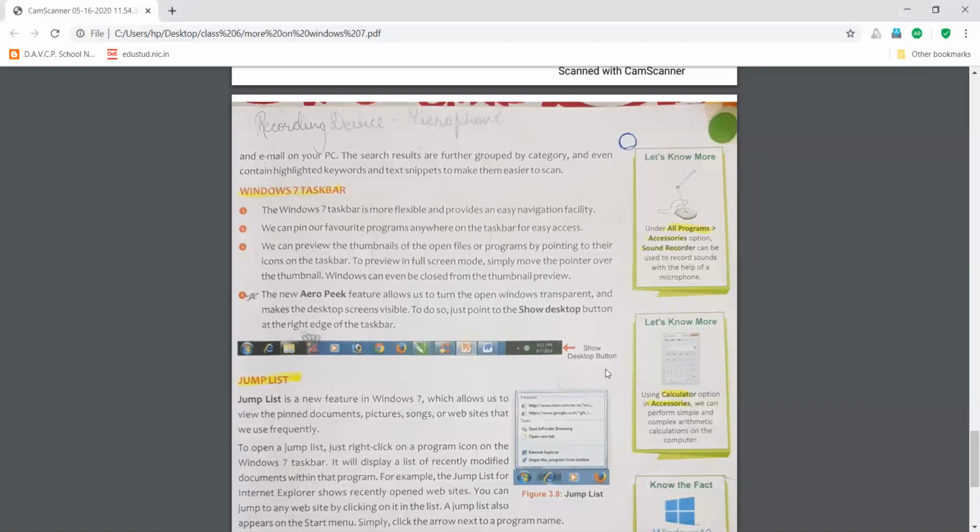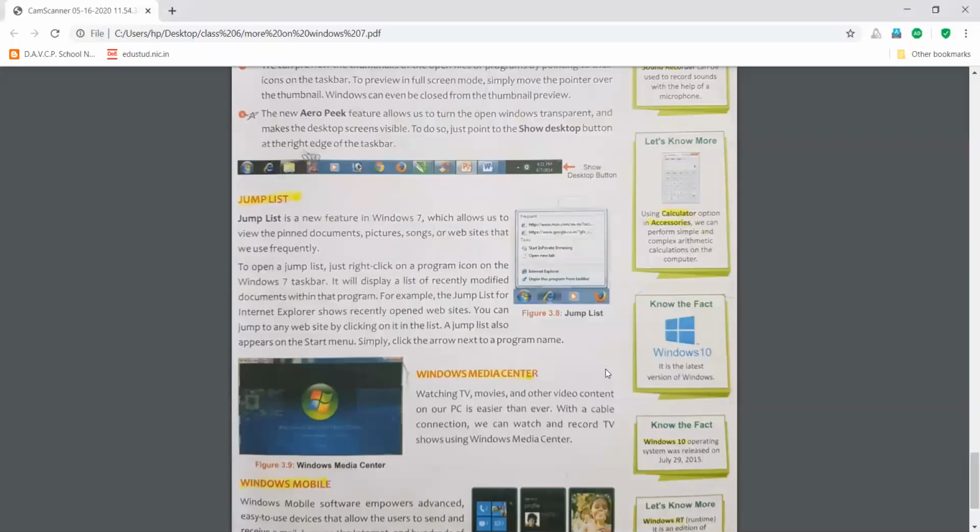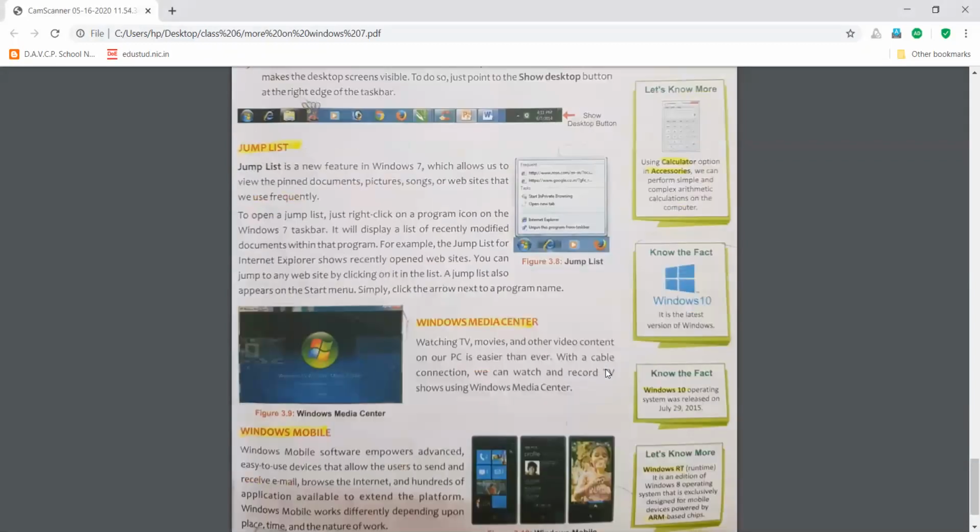Next is the jump list. What is a jump list here? Whenever you click on any of the software on your taskbar, a jump list will open that will show all the recently used or recently opened pages, and from there directly you can click and jump to the specific page.